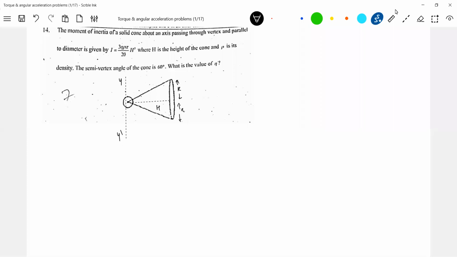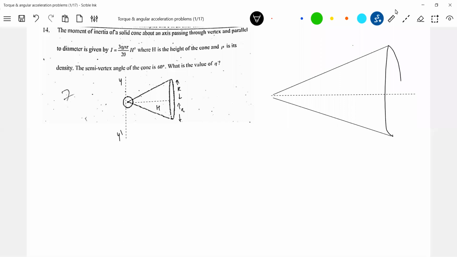Okay, let's get into the calculation part. I'll draw a bigger diagram. So basically, you must know the moment of inertia for most of the rigid bodies. Solid cone we didn't discuss, I just took one problem. Then I'll discuss one numerical related to this also. This is the axis about which he is asking us to determine it. How to calculate this? So what is the best thing we can assume? I'll assume a strip.